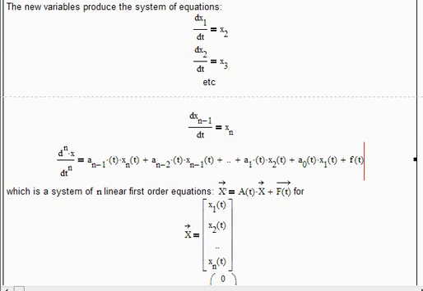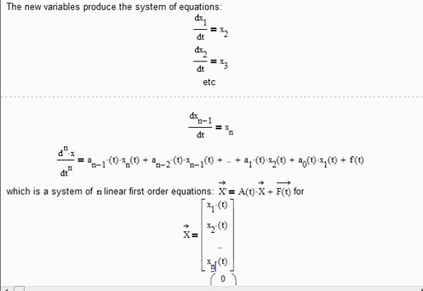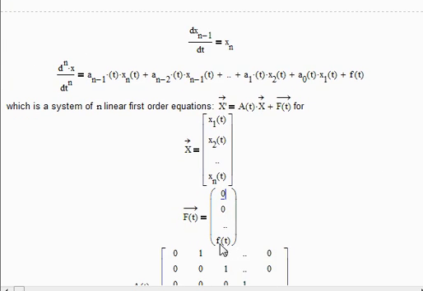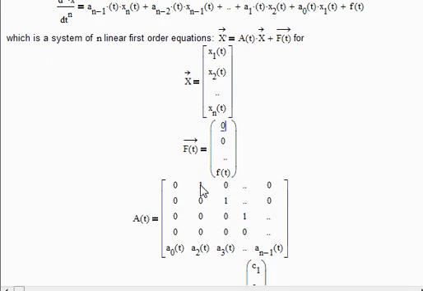So here's our x vector. Here's our f of t, as I said, 0, 0, 0, 0, 0, and f of t. And then finally, here's our matrix A. Now it's one off the diagonal, and then finally the last row has all these